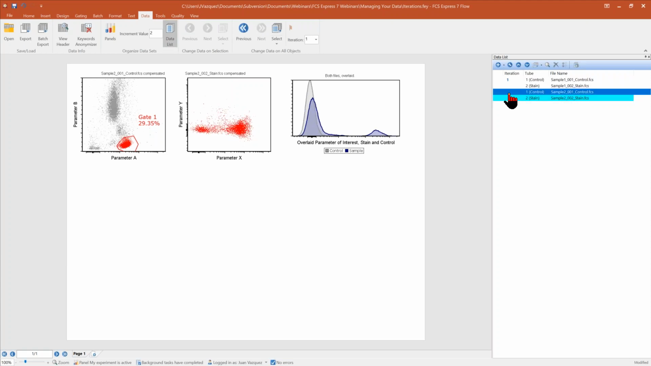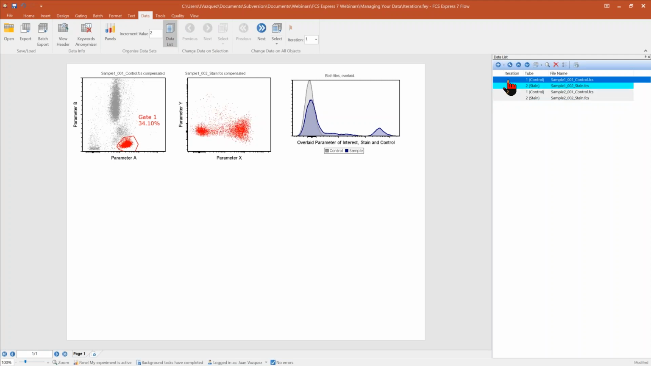And then just like before, I can click on the second iteration, and the software will automatically go to that file, that set of data for me. Okay, so now that I have all these iterations defined, how does this help me? So not only is it a quick way to display multiple experiments at the same time or multiple samples at the same time, what I can do